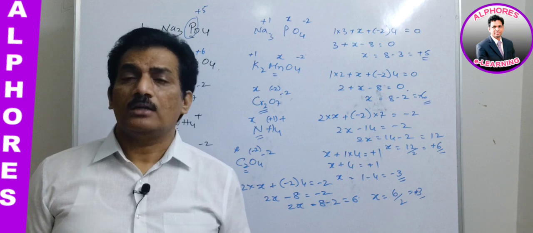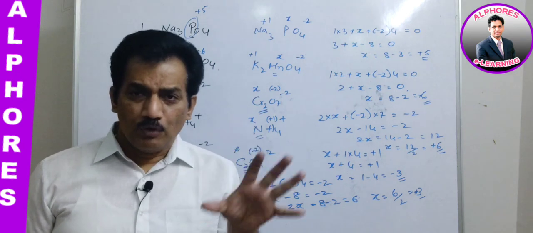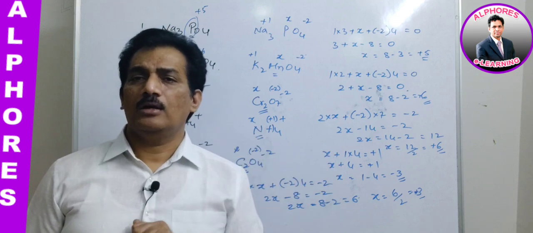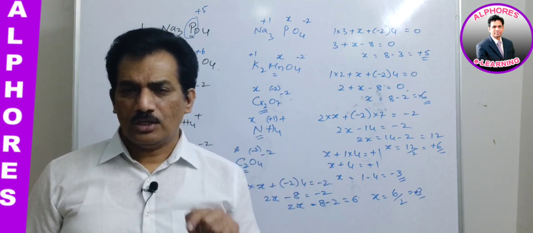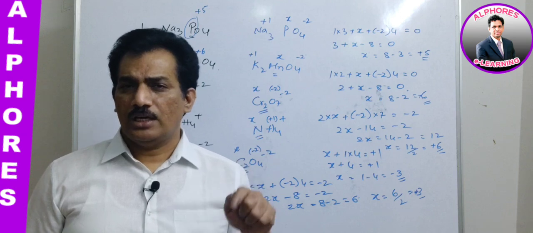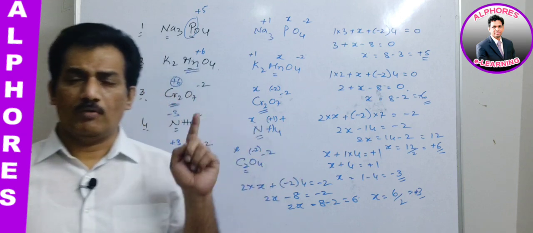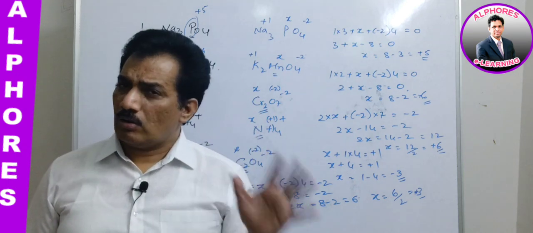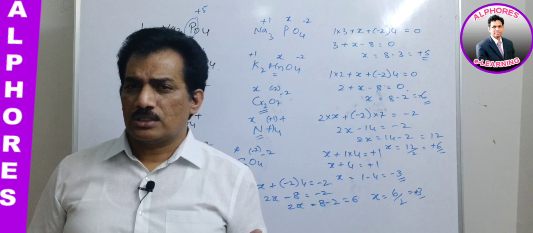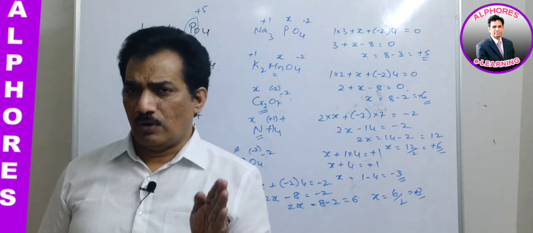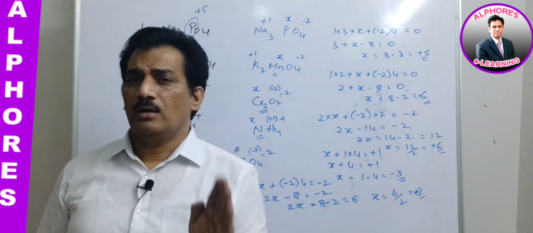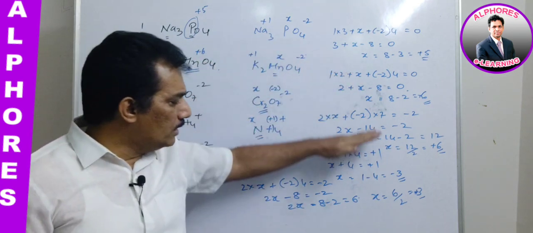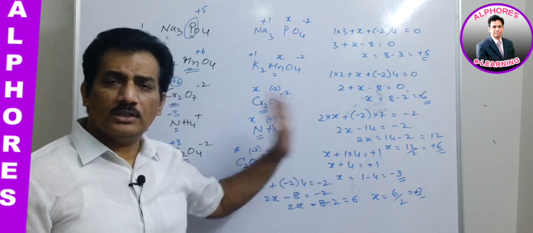Clear? And that's why I provided you some information related to the elements and their general oxidation states as per their group numbers. Now I think you are clear why we are studying the group number, and why we are using that group number in finding the oxidation state. Now you are understanding why we discussed that much. So with the help of that discussion only, we are able to answer the questions.